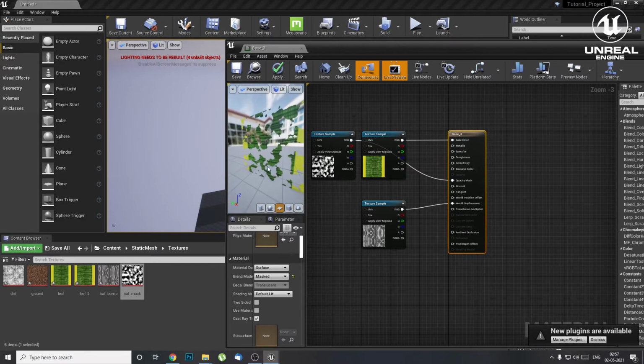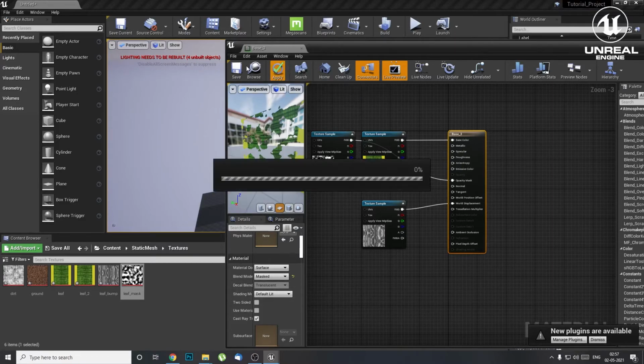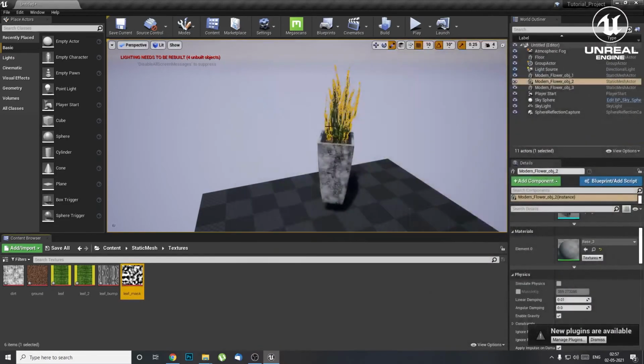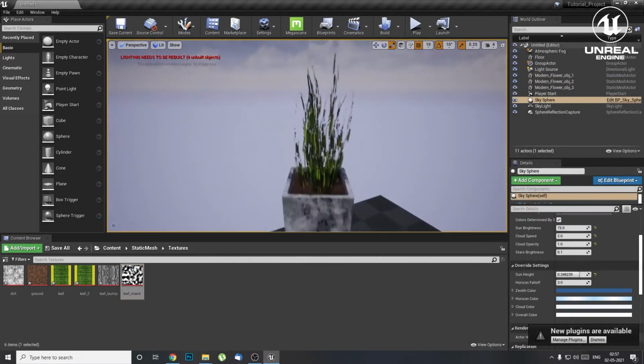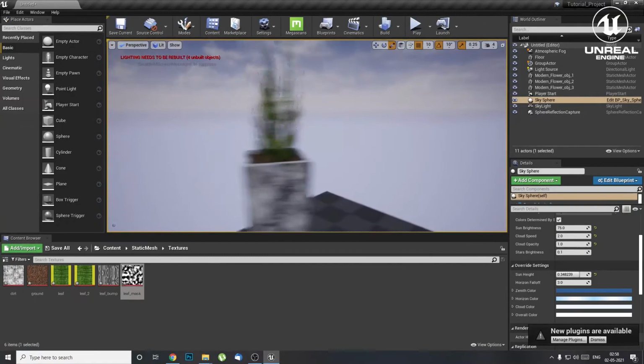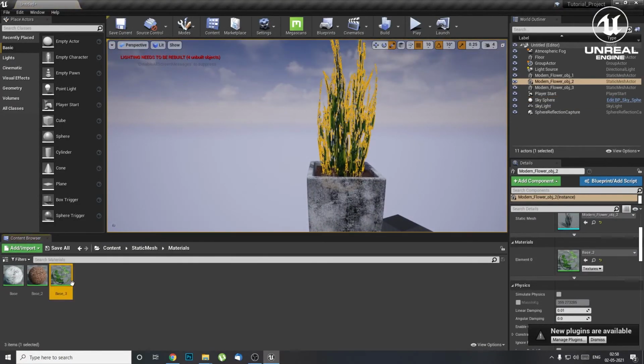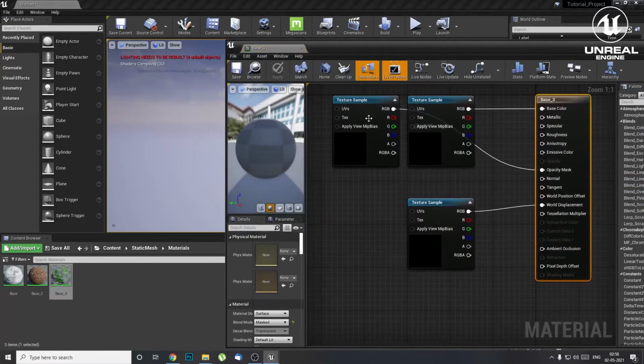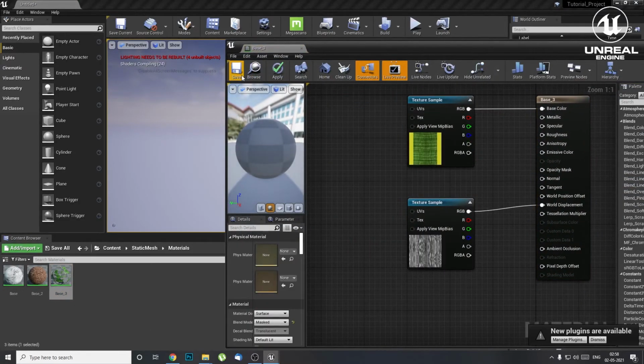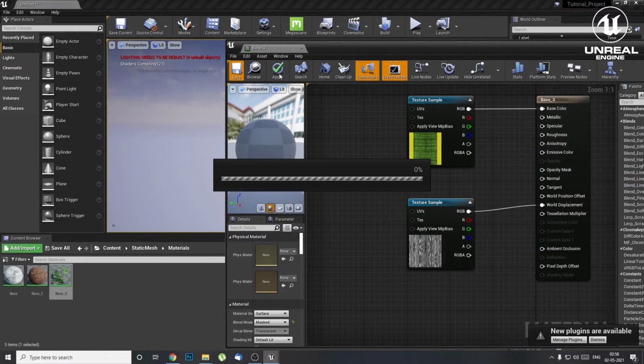It's kind of different, right? But we are seeing it onto this plane right now. That's the reason we are seeing it like this. We'll just apply and save. Now after this, when we see it over here, this is how it looks. It does look good, but you can see that the opacity mask has messed up many things inside it. Go to the material, click on it, just remove the mask out of it, and save.